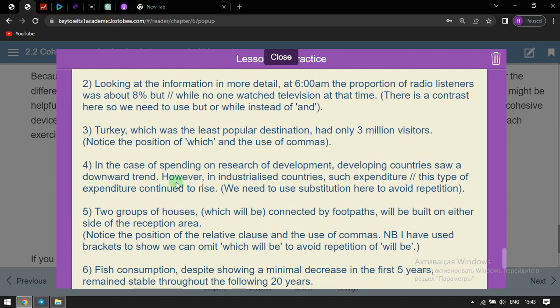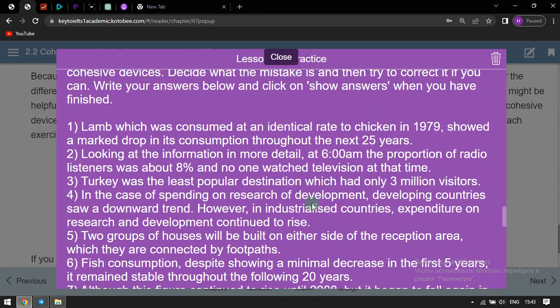In the case of spending on research of development, developing countries saw a downward trend. However, in industrialized countries, such expenditure, okay, this type of expenditure continued to rise. We need to use substitution here to avoid repetition. Okay. However, in industrial countries, expenditure